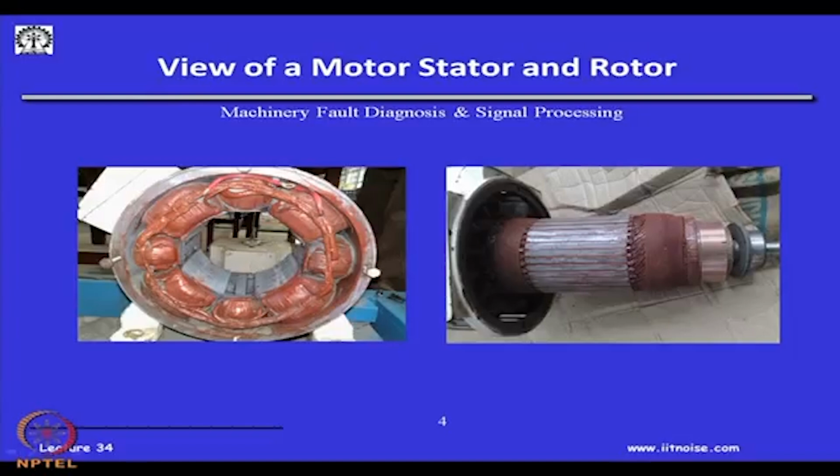This rotor here, this diameter is about 6 inches, but let me tell you, there could be motors where this could be about 6 meters. Now, you could move a truck inside it. I am not kidding, but motors can be that big, but also motors can be very, very small. That depends on the power and so on. Obviously, big motors require a lot of other functions, because of the eddy current losses, there will be a lot of heat generation. So, you would have seen a motor when it runs, it becomes hot,